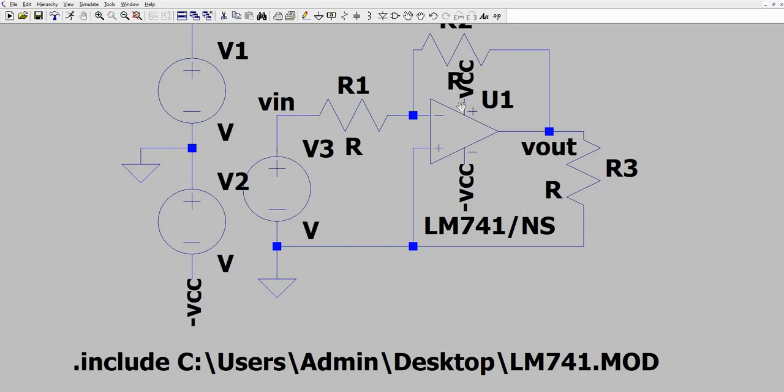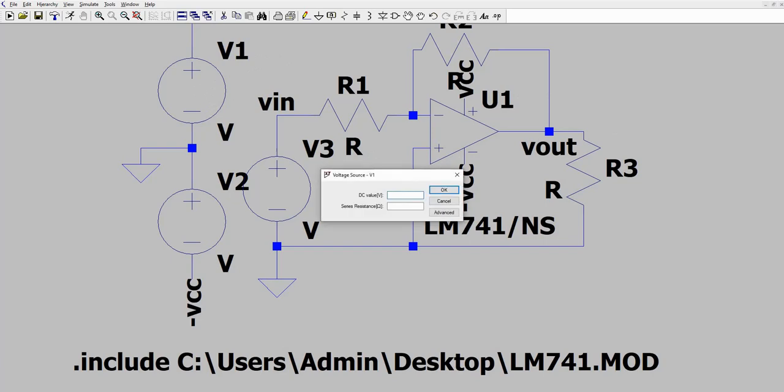So now this op-amp will reflect the characteristic of your LM741 operational amplifier. Let us now try to simulate this given circuit, but first let us assign certain values to our discrete components as well as the source.